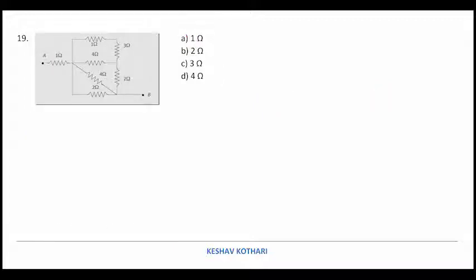So let us start understanding this circuit. This network, let us understand it from here. The upper ones are in series with each other. So I calculate the series value, that is equal to 4 ohm, 1 plus 3. Now this 4 ohm and the other 4 ohm are in parallel with each other. So I can write this as RP1, which is equal to 2 ohm. These two 4 ohm, R1 R2 upon R1 plus R2, will give us 2 ohm.